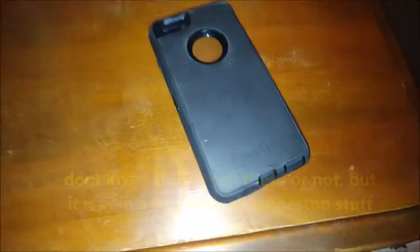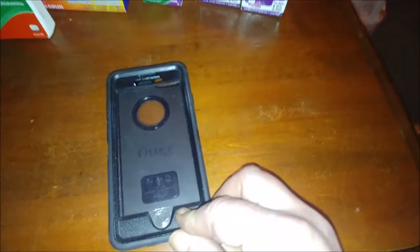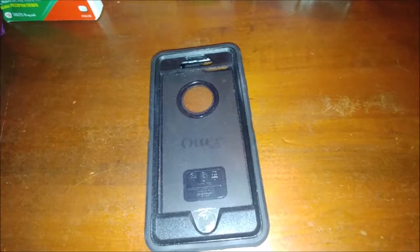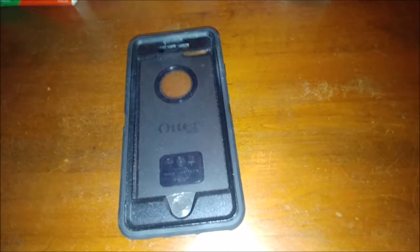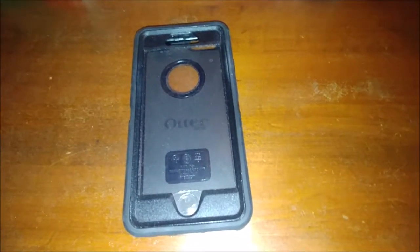This is an Autobox for an iPhone. I do not know iPhones because my current phone is an LG. I know LG, Samsung. I don't know iPhone, so I don't know which iPhone that goes to. But we got that. And that's like the only thing we've ever gotten out of a GameStop dumpster so far,